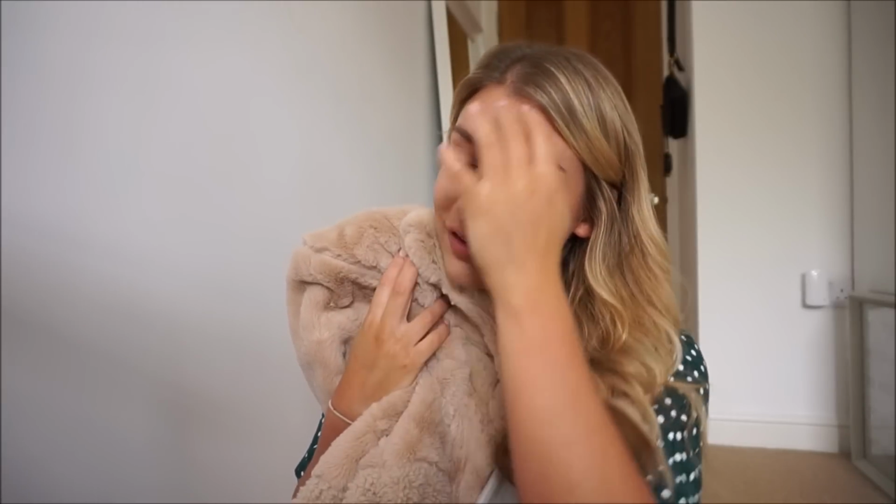Moving on to my teddy coat. Ugh. I literally have just done a post about this and people go crazy for teddy coats. Now, it's probably not cold enough really at the moment to wear a teddy coat, but guys, if you want an item that will sell out everywhere in like every single brand shop, it's the teddy coat. It did last year. I remember I was hunting high and low for a teddy coat. It was like November time and could I get one? No. So this year I thought, first time I saw a teddy coat, I'm gonna get my hands on a